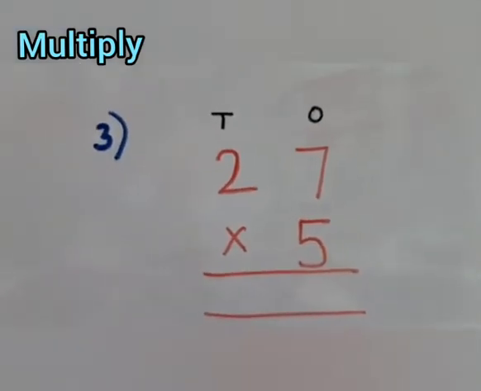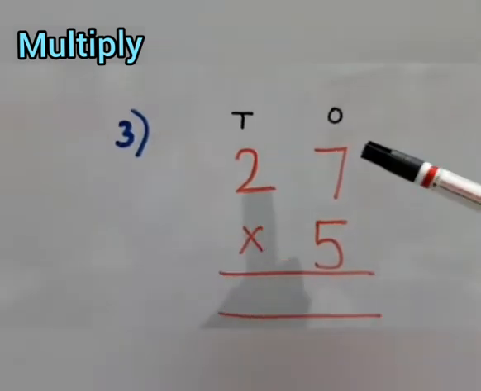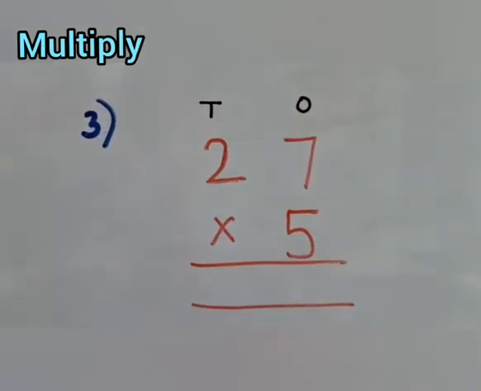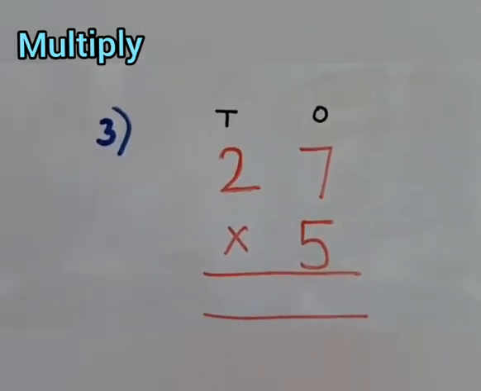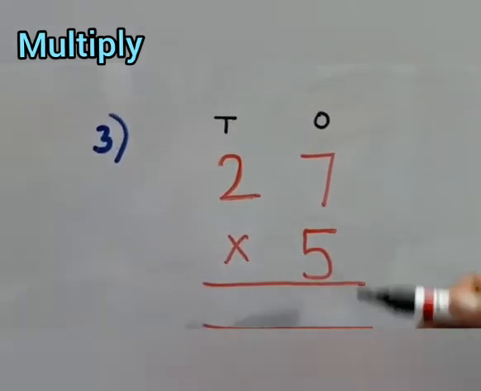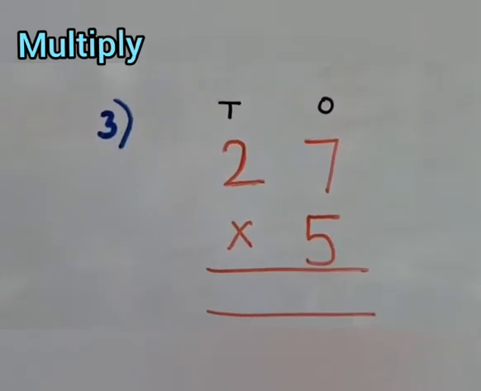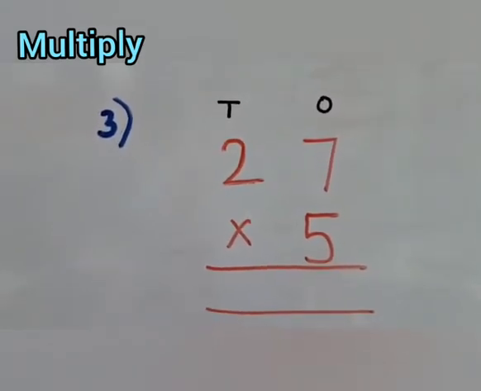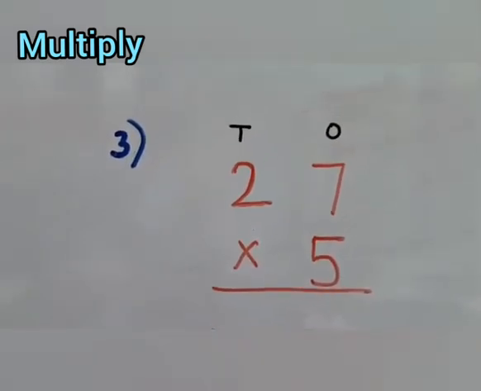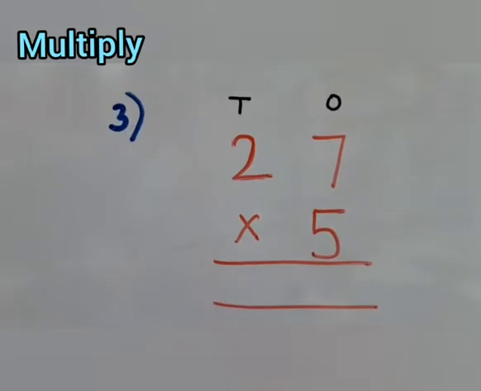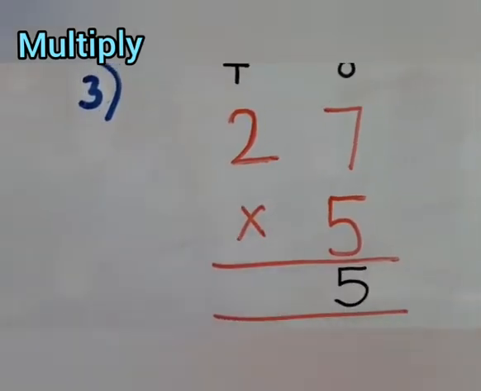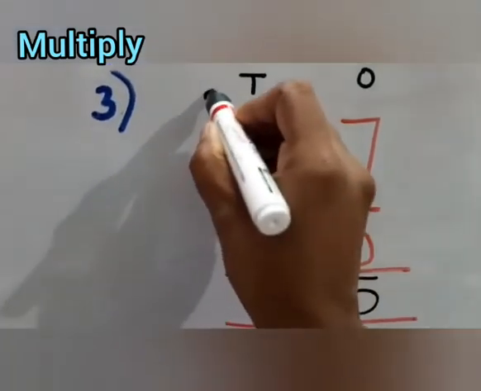Now coming to our third question, we have 27, we have to multiply with 5, or 5 multiplied with 27, and we know that we have to multiply first the ones digit number. So we'll start from this side. So 5 sevens are 35, and in 35, which is the ones digit number, you have to do it in your mind. Yes, it is 5. So 5 we will write here, and 3 will be carried here.